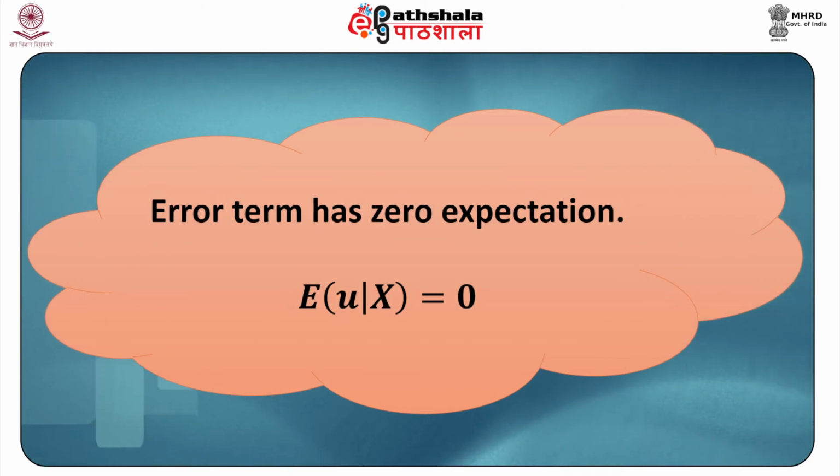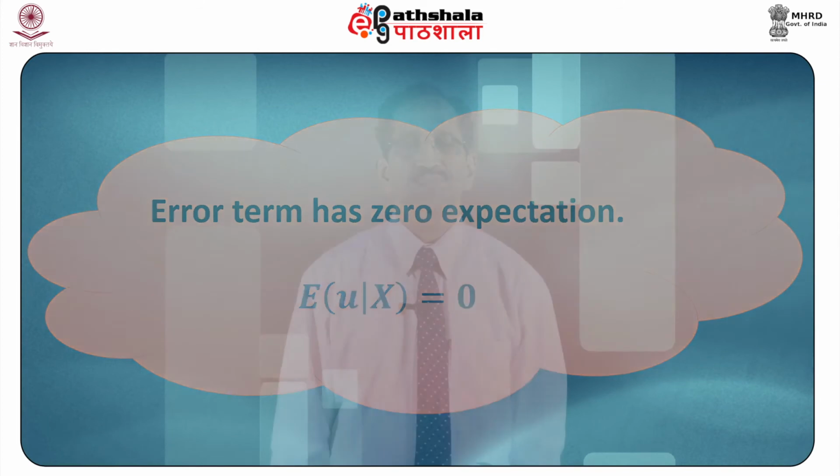So what is our next assumption? The next assumption is that the error term has zero mean. This can be written as expected value of mu given x equal to 0. Even though this assumption states that the expectation of the error term given x is 0, the law of iterated expectations implies that it is also true for the unconditional mean as well. That is, expected value of mu is 0. This assumption helps in interpreting the deterministic part of the model.